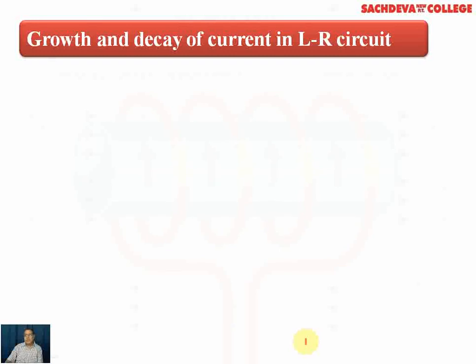But if it is not LR circuit, if it is LC circuit, in that case, the current will be ahead of the voltage by pi by 2. However, in this discussion, we have to understand the growth and decay of current. That is how the current is increasing and how the current is decreasing. And you will remember that time taken for the growth of current and the decay of current is called the transient time, and that is calculated by the ratio of L and R.